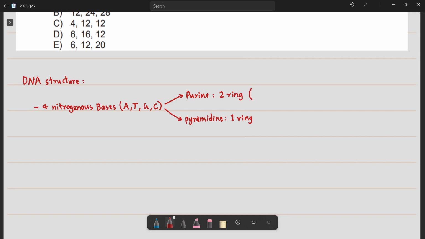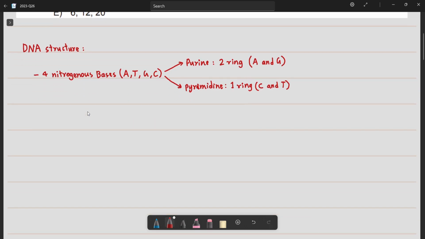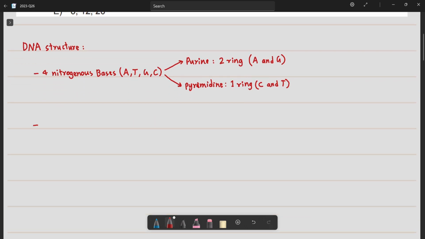So the purines have two ring structures, and those bases include adenine and guanine, and the pyrimidines are cytosine and thymine. Okay, so these are the two divisions of the four nitrogenous bases, and the second structure that makes up the DNA